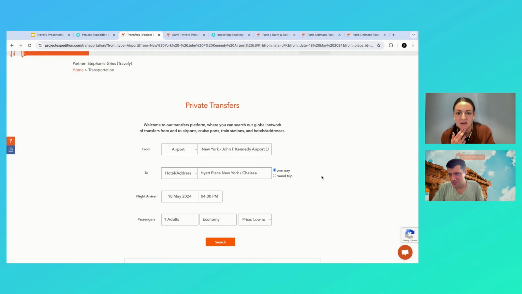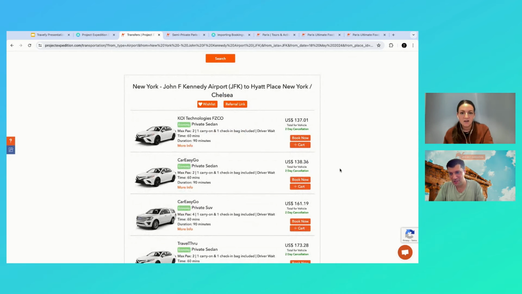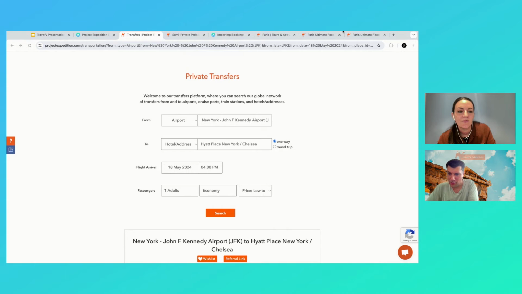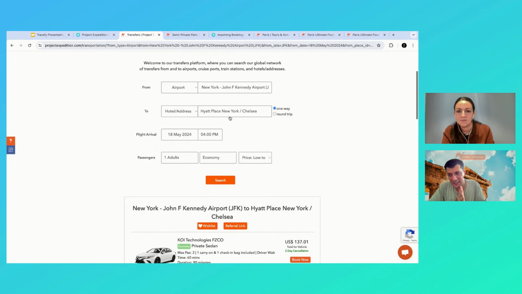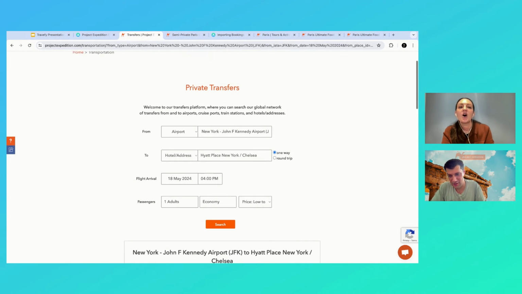Yeah, so that's how transfers work. With the import into Travefy, it's just products right now, which is tours, activities, excursions, that side of things. The transfers are a little bit different, but you can still make your referral links and put them into Travefy. And what's really cool is that link pre-populates the search. So we all saw how Stephanie put in the airport, then the hotel. When your client clicks the link, they won't have to type in any of that again. It's going to populate all the dates and stuff for them,